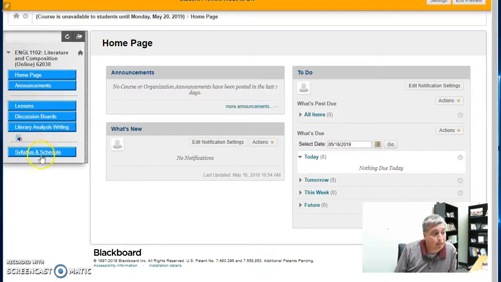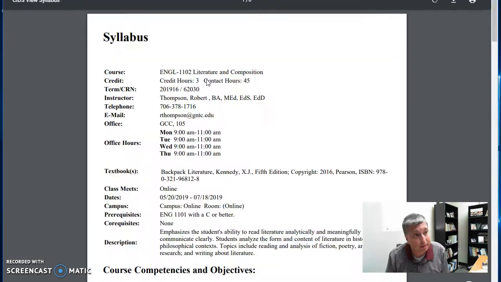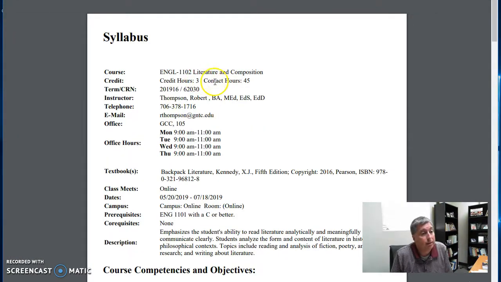Let's start down here at the bottom, though, with the syllabus and schedule, which is obviously extremely important for you to understand what's going on this semester. So you notice this is a syllabus. My office hours are listed here, 9 to 11, Monday through Thursday, here at the Gordon County campus in the 100 building in the back. Or anytime you would like to schedule an appointment, if I can, I will meet with you. And honestly, if you're going to be coming in at all, I would let me know, just so I'll be sure to be here, even though I should be here, Monday through Thursday in the morning at least.